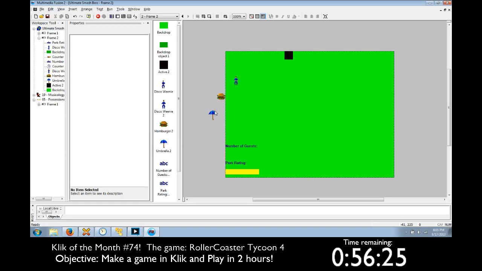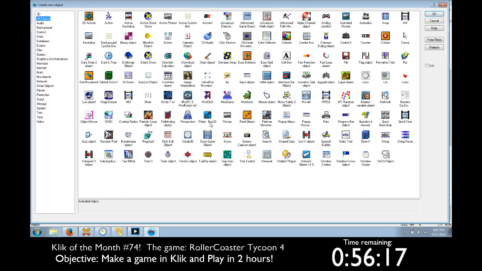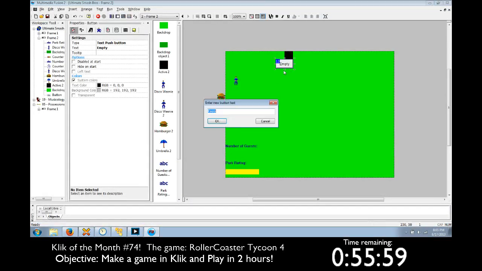Okay. There's a new object. Well, at least now we actually have buttons, so that's something. Button. Where are you, button? I know you're here somewhere. There's just too many things to go through. Perhaps it's under button. There's an idea. Empty,